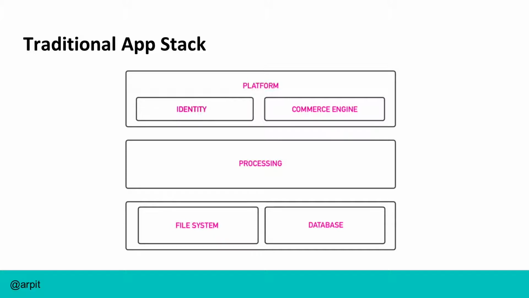Anyway, I want to talk a little bit about decentralized applications. If you're an engineer, you'll recognize roughly this technology stack, which is how we build apps today. We have full-on platforms like Google and Amazon AWS, and a lot of them provide some kind of identity system. You can sign in with Google or Facebook. There's a commerce engine, you can buy through Stripe or something, and then the processing layer, again, a cloud infrastructure. And then you have file systems and databases where you store the information for your application. This is a mangled version of a diagram I saw online, so if you disagree with it, it's not my fault.